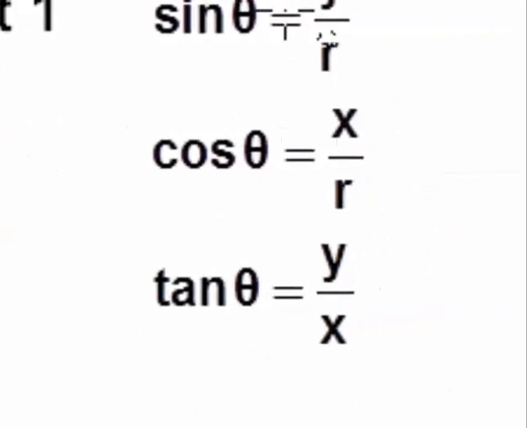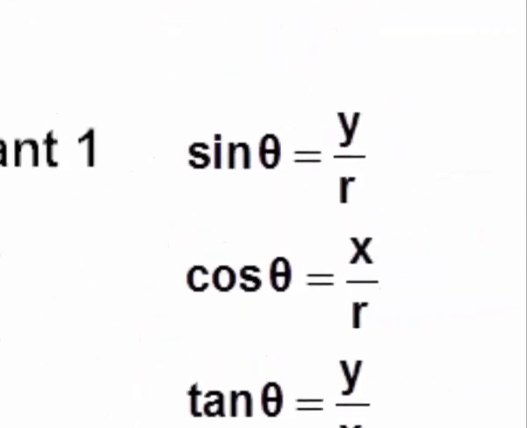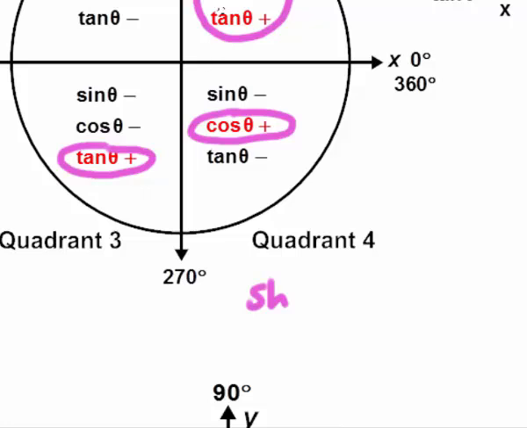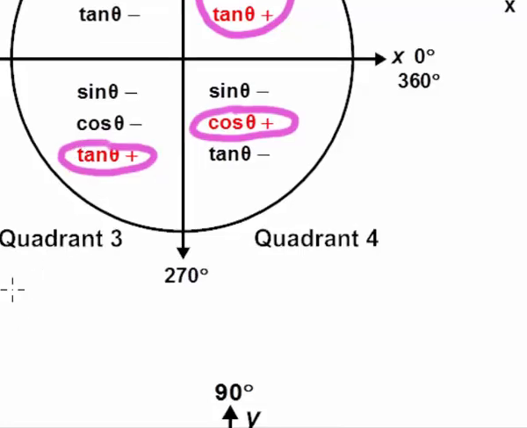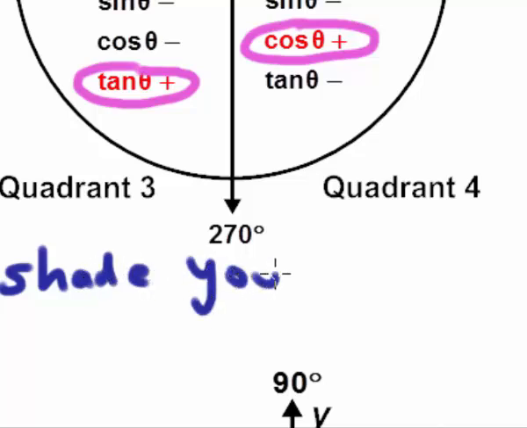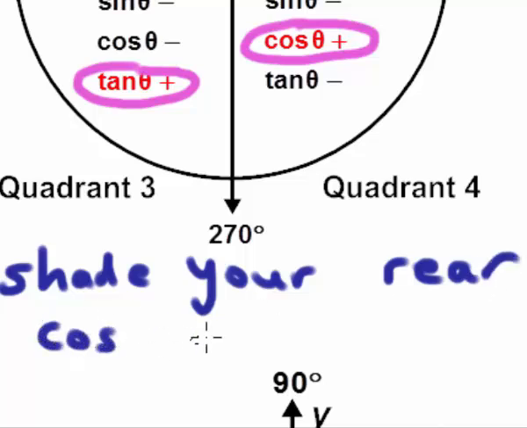Now, by the way, a way to remember these ratios, I'll show you a lovely way you can remember this. Sine is y over r. So you could do it like this. Let me make that a little bit clearer. If we go to blue. Okay, listen to me carefully here. It's going to be: shade your rear, cos x over r,